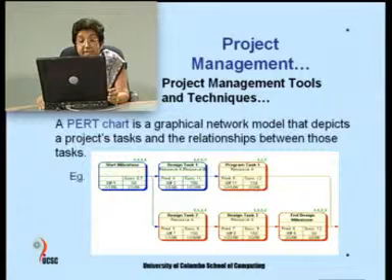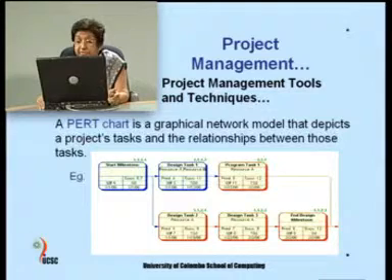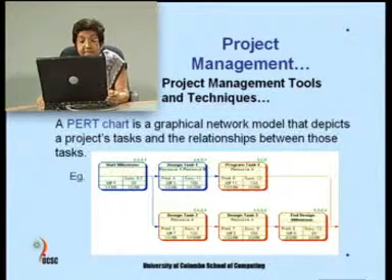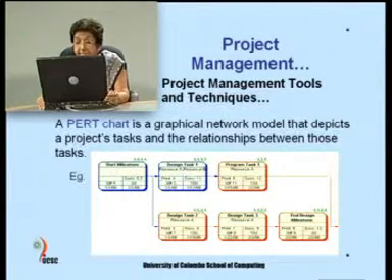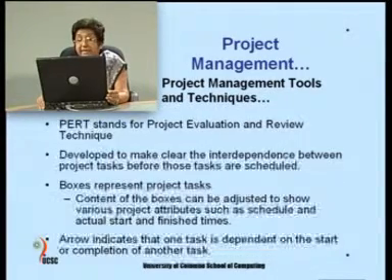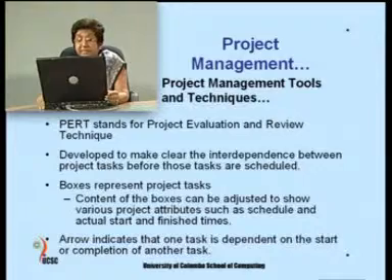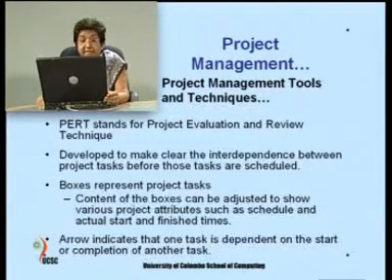So, each task is labeled like 1.1.1.1 or 1.1.1.2, 1.2.1 and so on, right. And the heading gives what the task is, and also it gives the resources required, resource A, resource B, that is who is doing it. Then it gives the start date and how much time is required and so on. So, a PERT chart really stands for Project Evaluation and Review Technique, that is what PERT means, and it was developed to make clear the interdependence between project tasks before those tasks are